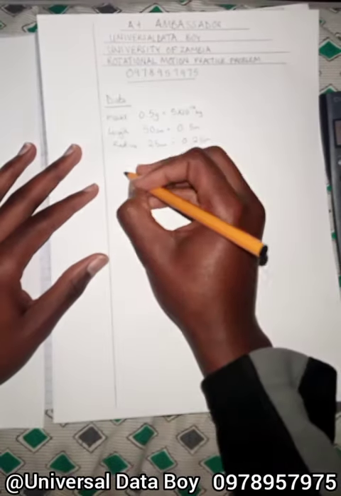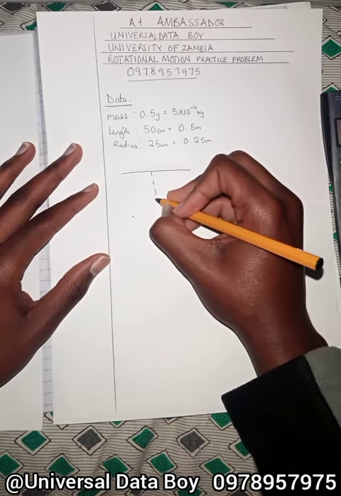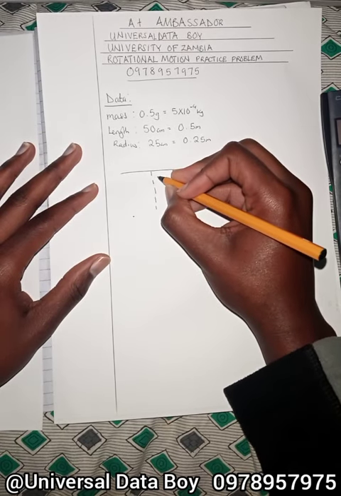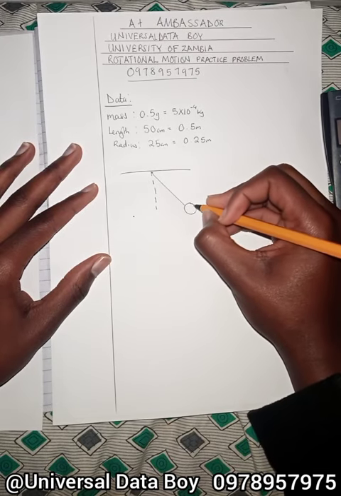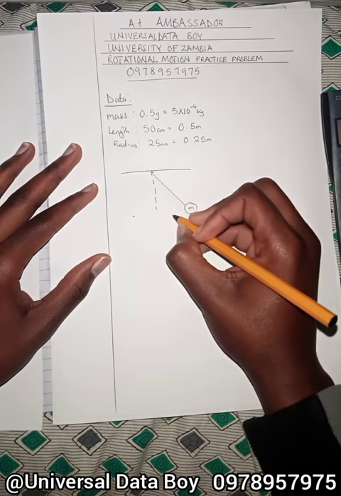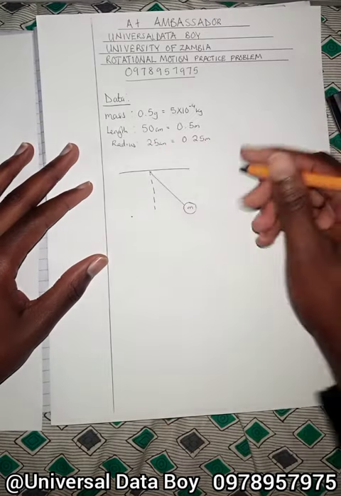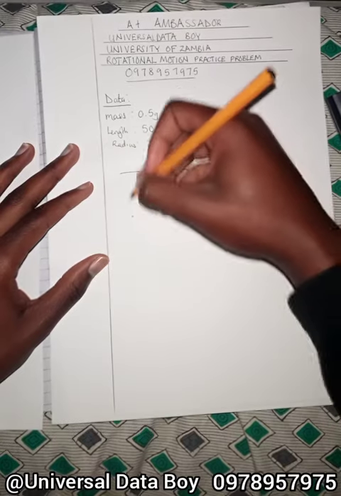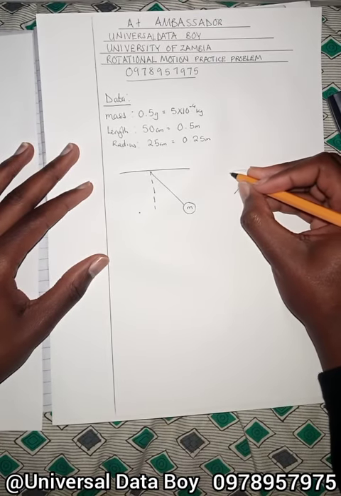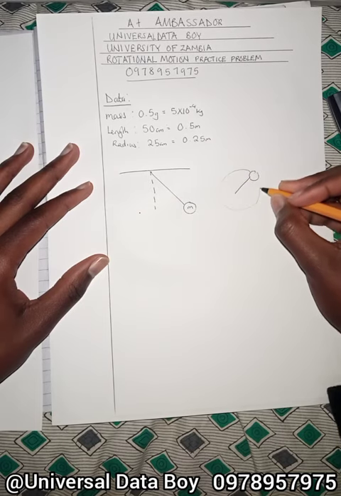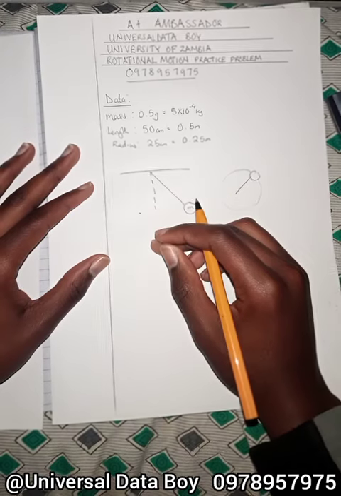So we can go ahead and write our diagram. This is our mass, and when you look at it from a side perspective, this thing is going like that, but when you look at it from above, it's going like this. So it's sort of making a circular path. So now to get right into it,